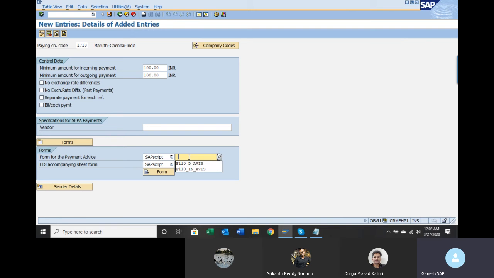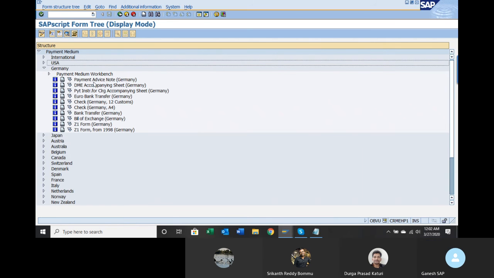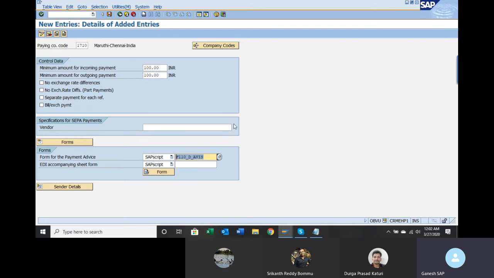Whenever you are making a payment, either you will do the NEFT online, or you will send a list to the bank. From the bank, they will debit your account and credit the vendor account based on the details that we send to the bank. Along with that, we will also send a payment advice to the vendor directly, not to the bank. For this, you can press F4. In order to print that form, let us take the Germany payment advice note. Double click on this. Okay, take this payment advice.